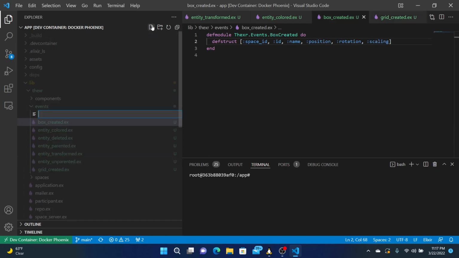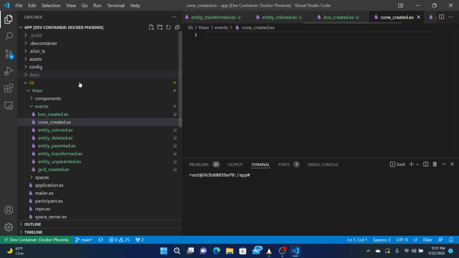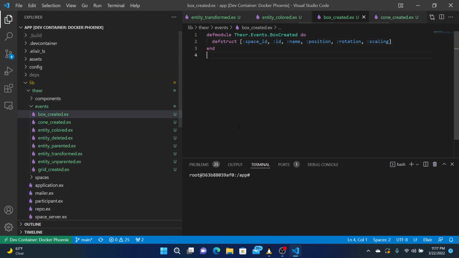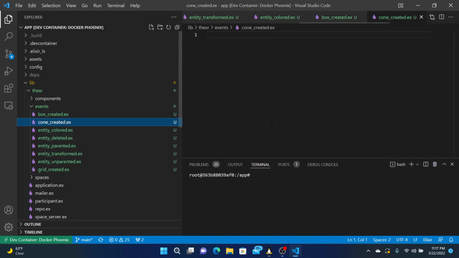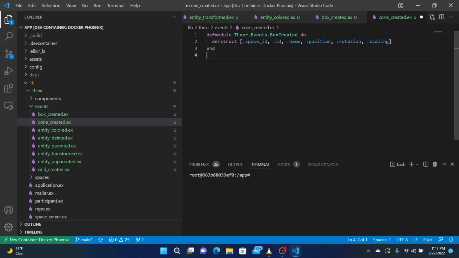Cone created. Cone created. Space ID name. Yep. Okay.